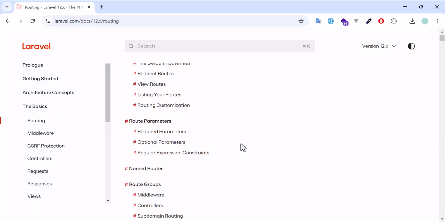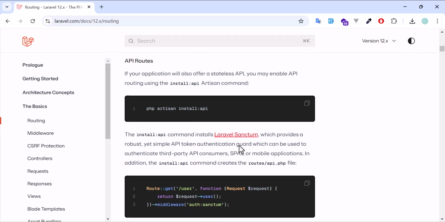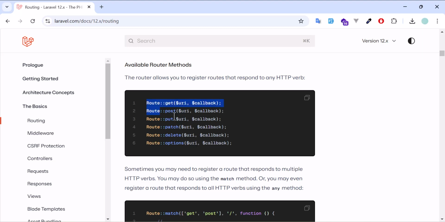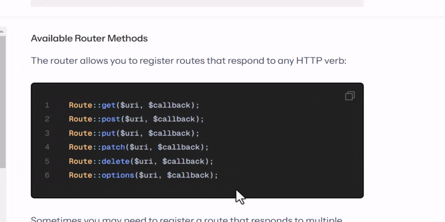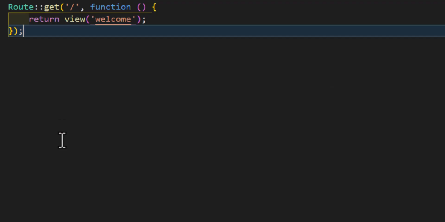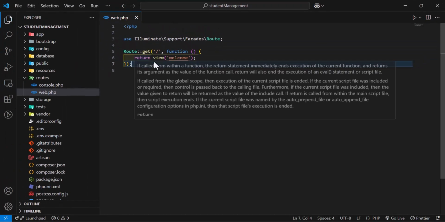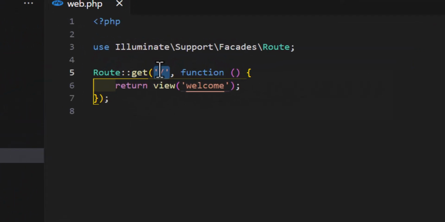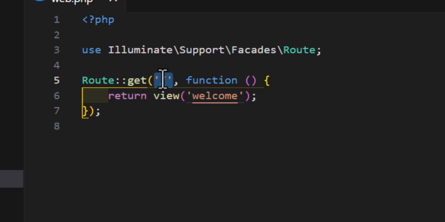Scroll down in the basic routing, and in here we can see the available router methods. You can see we have get, post, put, patch, delete and options, which we can use inside our route. Then after the get we have this section which represents the URL that the user sent